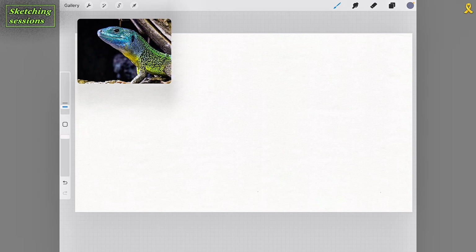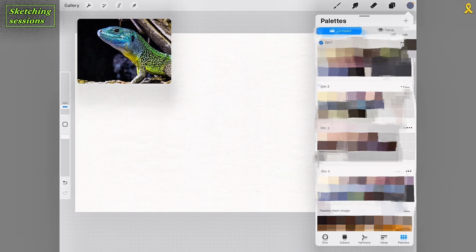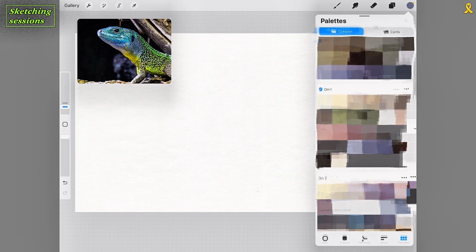So I think Procreate is the best program for sketching and for drawing, the most convenient for iPad. And actually that's it. Another part of my setup: we talked about references, we talked about switching between light mode and dark mode, two options. And also I used to work with